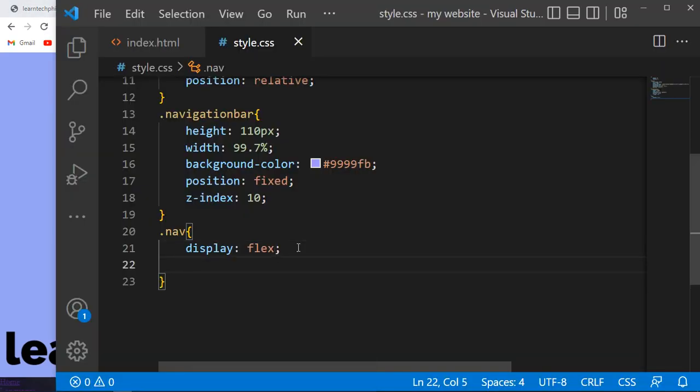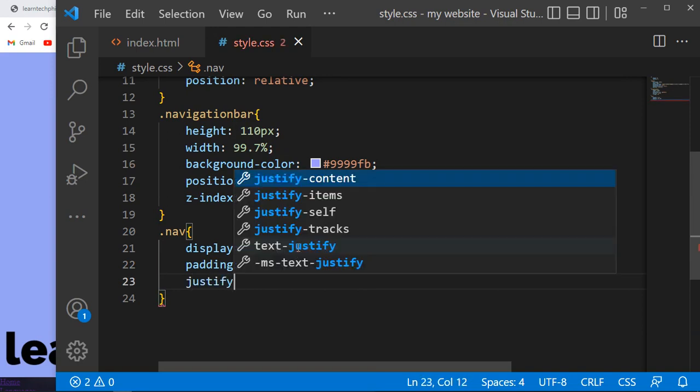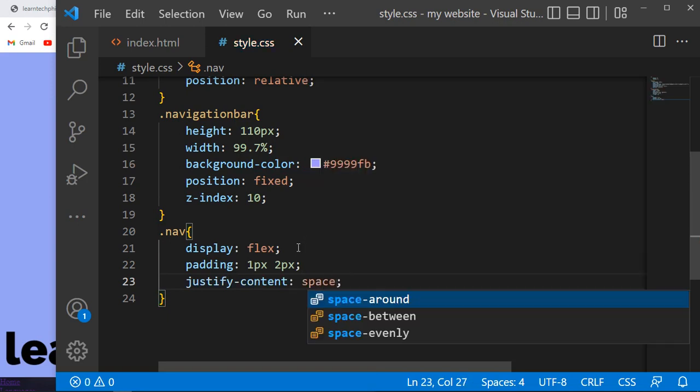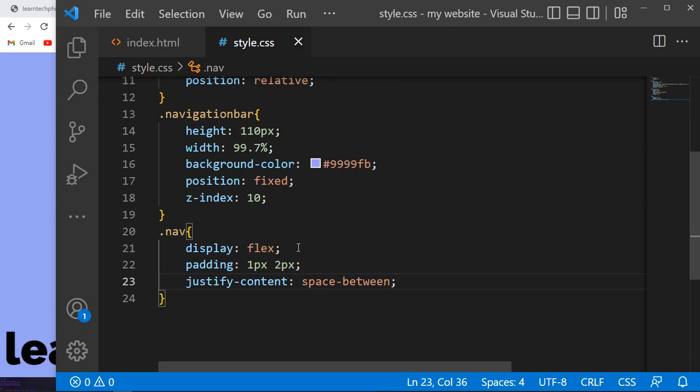Then you can also have the padding, which is set to 1 pixel, 2 pixel. You can also have justify content, which you can set to space between. Then you can also have align items